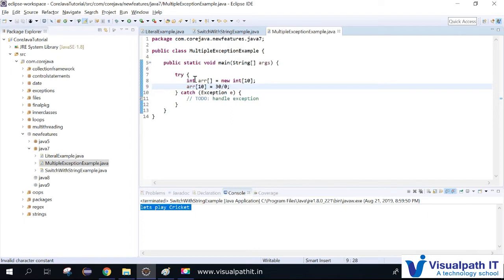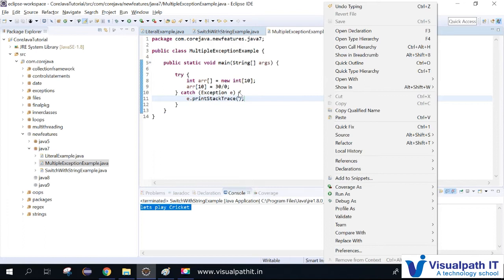Let us try this example and see how it works. I'm just printing e.printStackTrace. This is a global exception we are writing, and we are printing the global exception message.